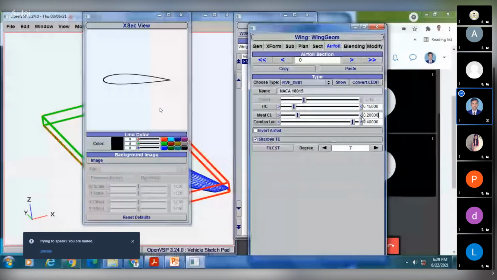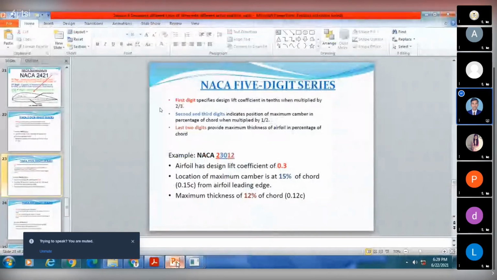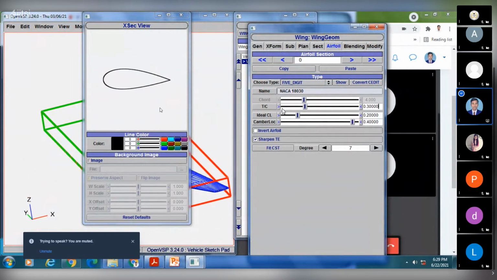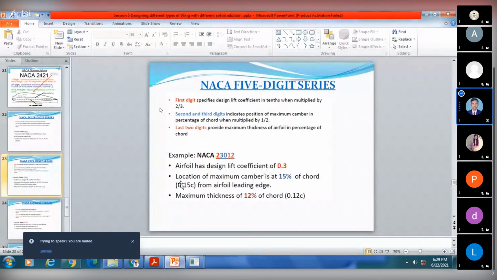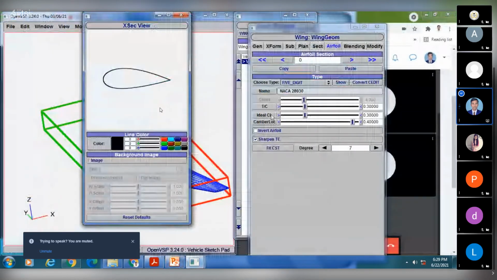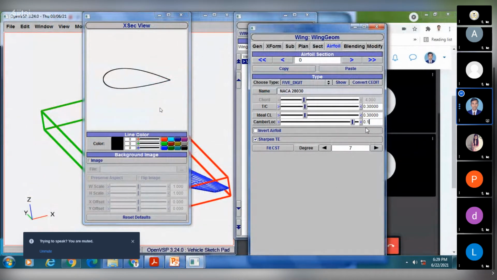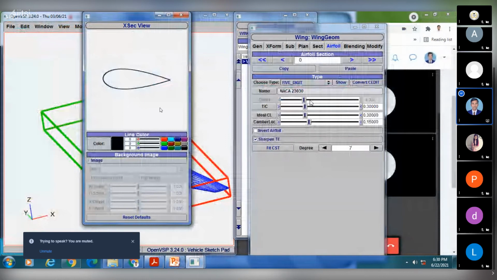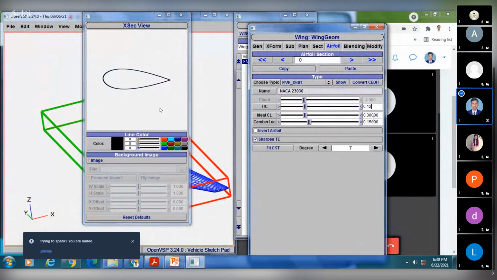The airfoil has a design lift coefficient of 0.3, location of maximum camber 15%, 0.15, enter, and maximum thickness 12%, 0.12.